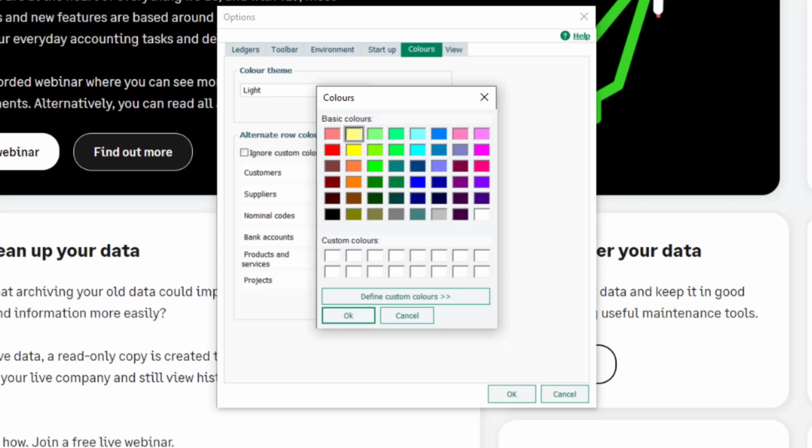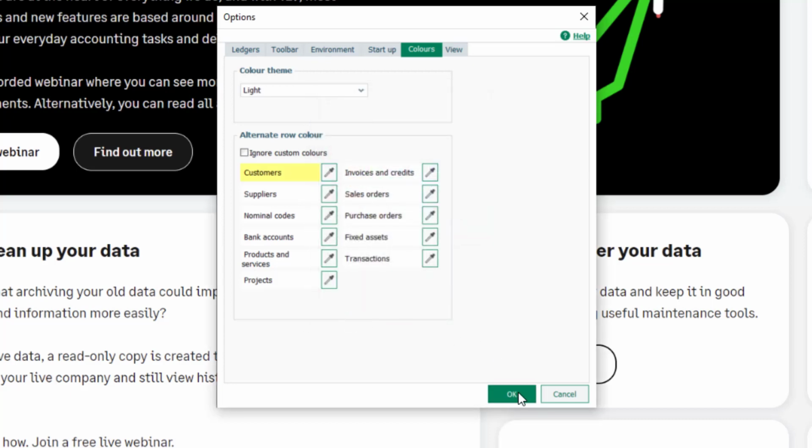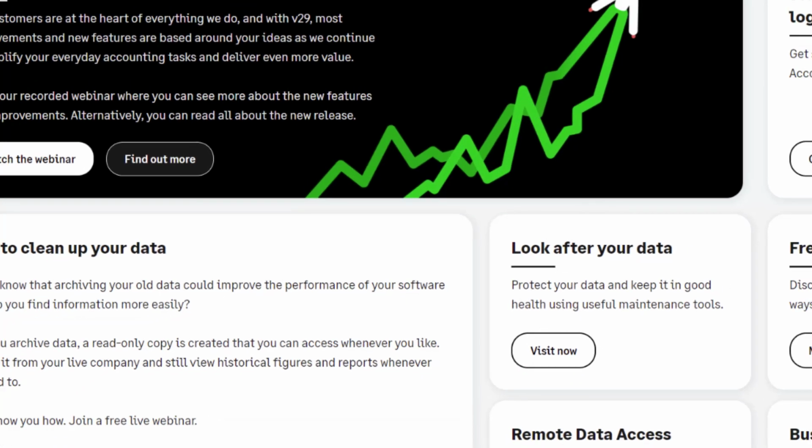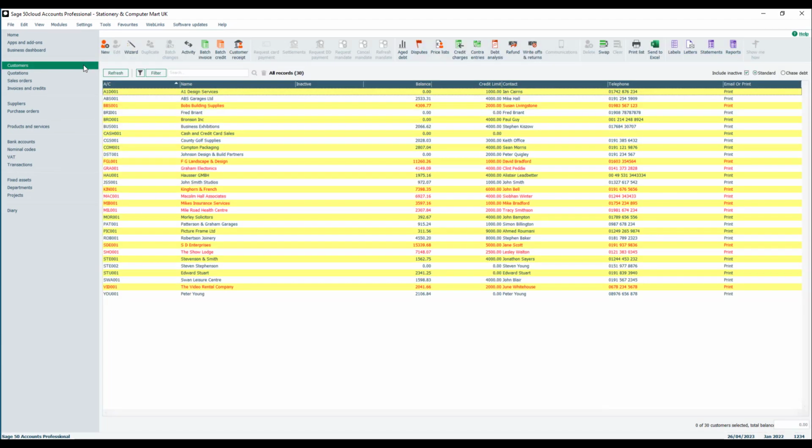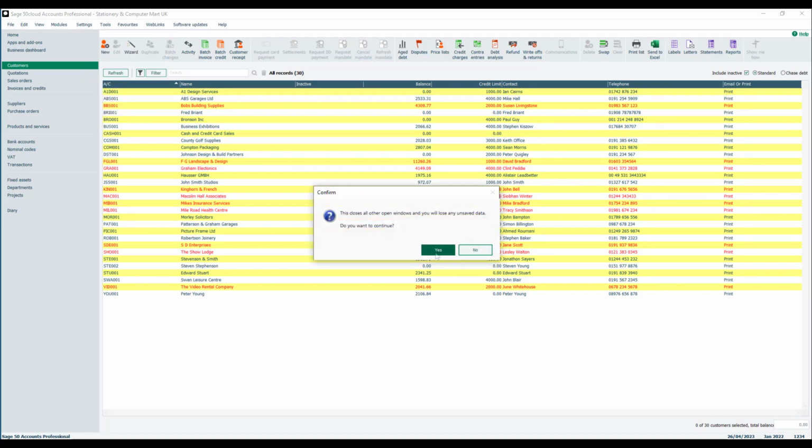We're just going to choose one of the pale yellow colours at the top. If we then click OK again, and then go back to Customers, you'll see the effect it has. One quick tip to mention if you're using the Colours option is if we go back into Tools and Options,